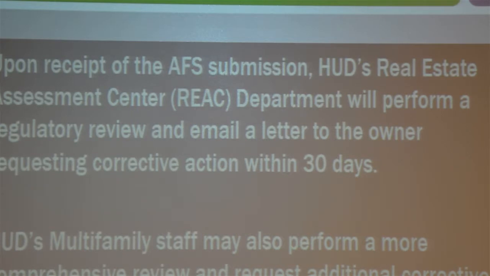Now, the problem with jumping over to the field office, say you go, hey, I'm okay with going to the field office, even if it's automatic, right? So I say, well, not so fast, because they, by their own admission, say they're going to do a more comprehensive review. What's the last thing I want? REAC looking at it is one thing, right? Because they see a lot of these. The field office, on the other hand, is a mixed bag of approaches. So I may have good ones, I may have bad ones, I don't know how I'm going to get reviewed.